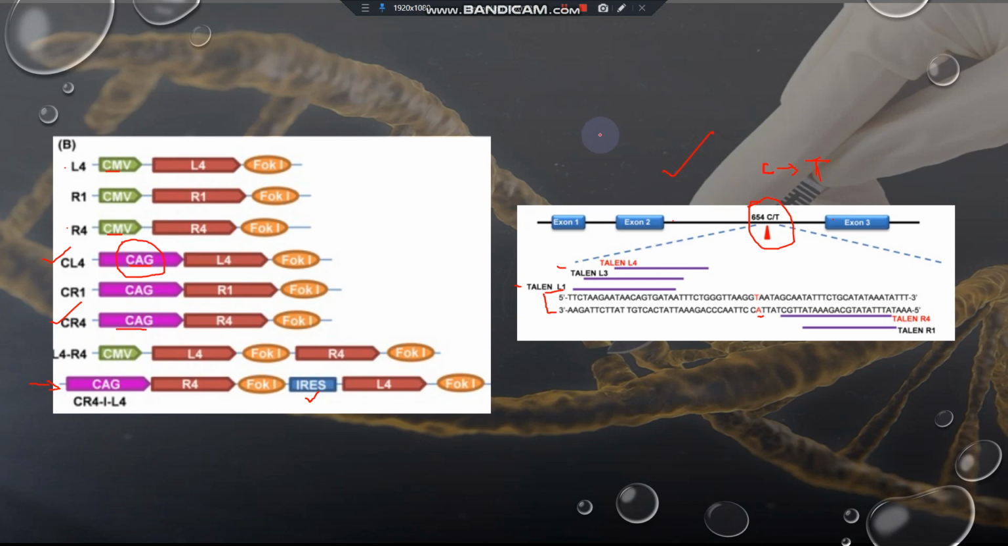So this was about the TALEN vectors, the construction of TALEN vectors. Now in the next slide,